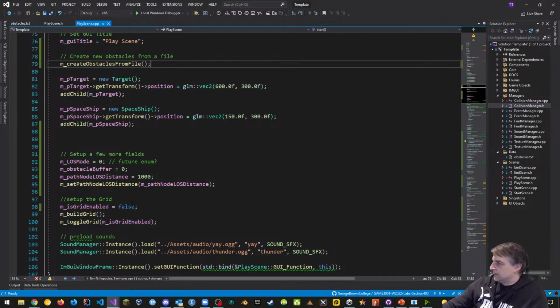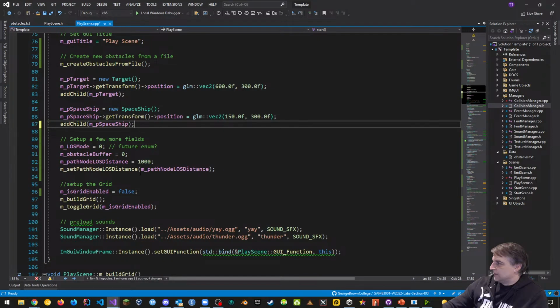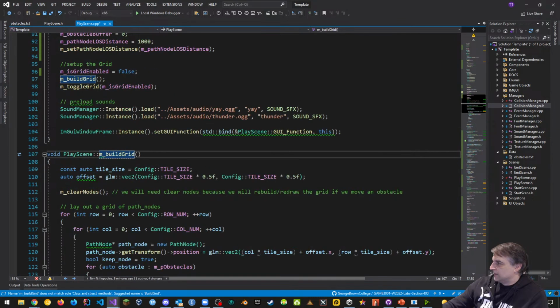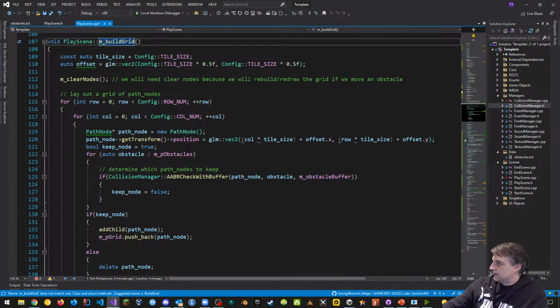So how can we do this? What if I build the grid somewhere else? Is that possible? And how could that possibly break our code? Well, does the build grid function depend on anything else being done? So let's take a look at that build grid function for a second. Go to definition. And one thing that we have to think about is, do we care about anything in here? Well, we do. We care about obstacles being loaded first. So the obstacles definitely have to be in place and loaded before we build the grid. So that is a must. Okay, so obstacles have to be in place for sure.